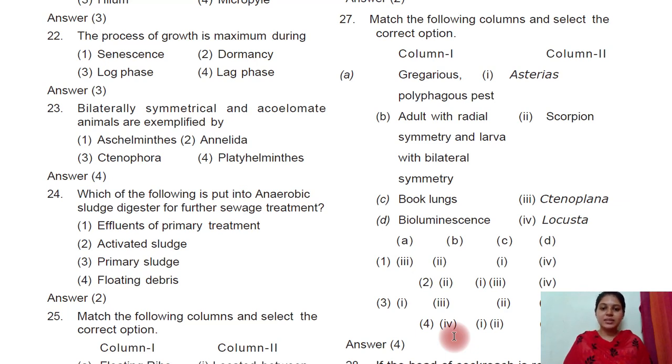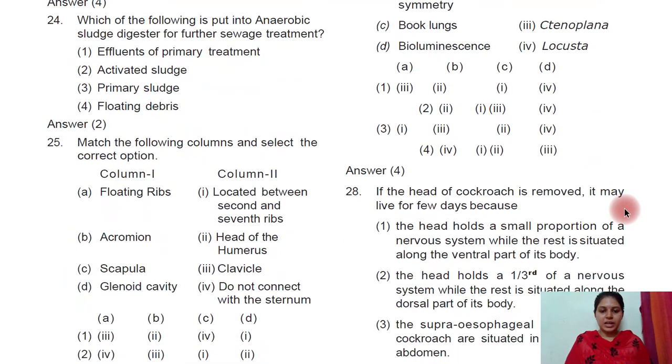An adult with radial symmetry and larva with bilateral symmetry, we have Asterias, starfish, sea star. Next is book lung. Book lungs we know, right? It is scorpions, where on the ventral side of the body they have different segments of the lungs through which the oxygen transfer takes place. Next is bioluminescence, right? Which gives them the glow, coloring agent. So that is Ctenoplana. Next,